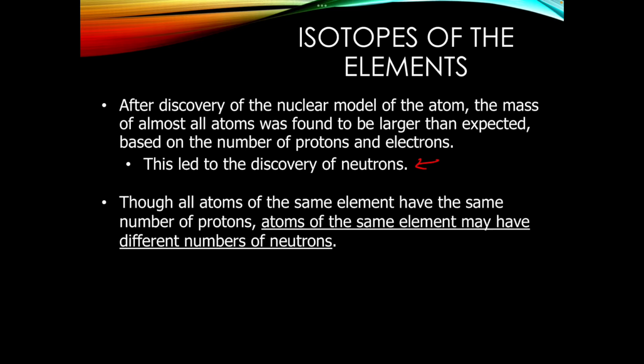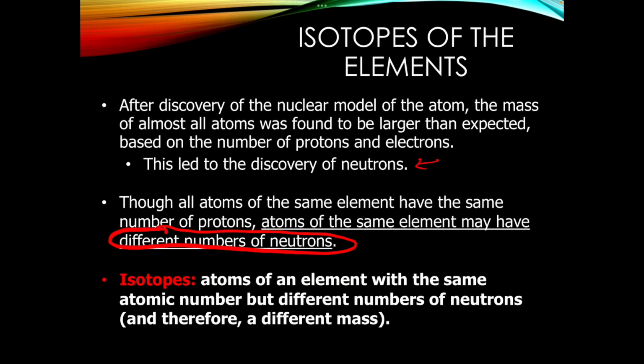So neutrons. All of our atoms of the same element, like we were talking about before, have the same number of protons. We get that from the atomic number, right? Carbon is number 6, therefore it has 6 protons. However, atoms of the same element can have different numbers of neutrons, because remember, the protons and the electrons have to equal out. So carbon is always going to have the same number of protons and electrons if it's neutral, and the number of protons is what identifies it as carbon. The neutrons, because they're neutral, don't have to be equal to anything. They're not identifying the atom, right? They can have varying numbers, which is kind of crazy.